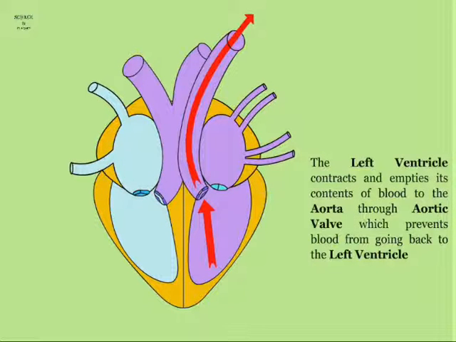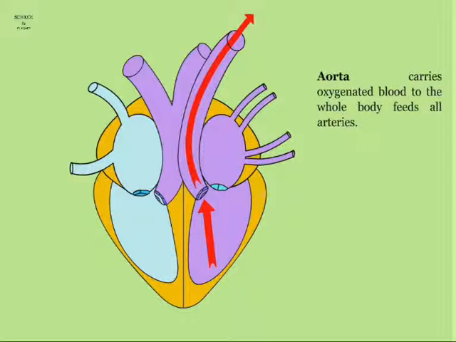The left ventricle contracts and empties its contents of blood to the aorta through aortic valve, which prevents blood from going back to the left ventricle. Aorta carries oxygenated blood to the whole body, feeds all arteries,